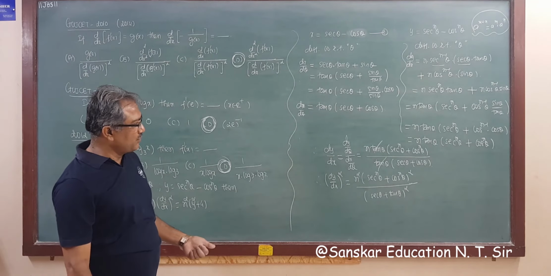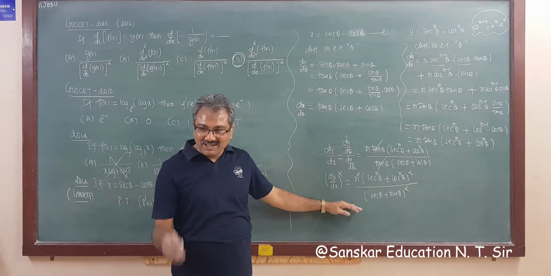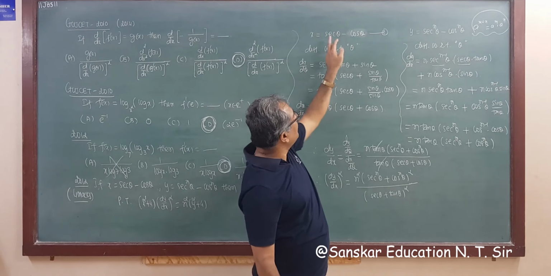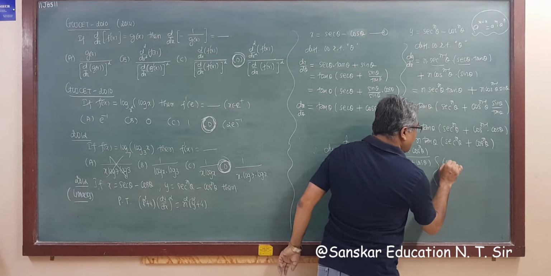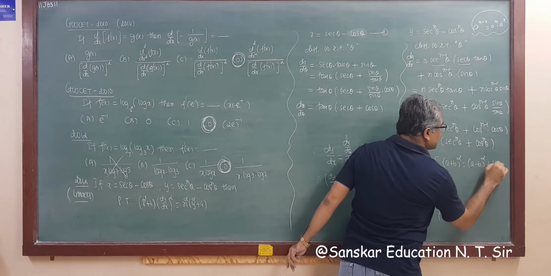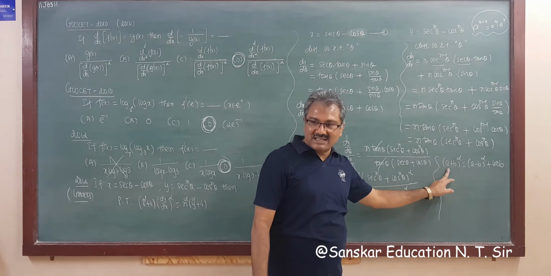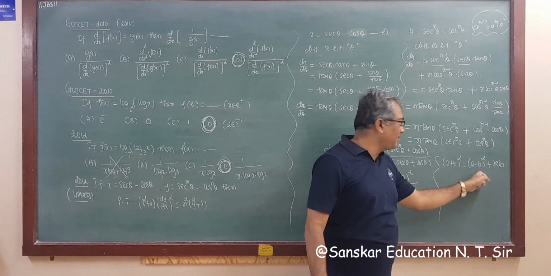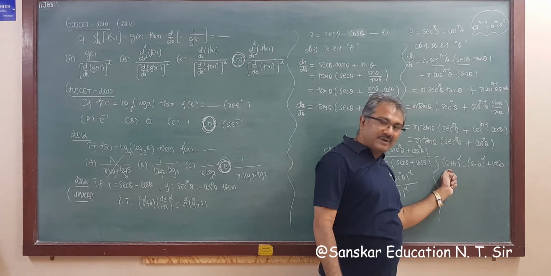As I told you earlier, if you finish the first derivative, then you have to check the previous equation from where you started to differentiate. That is this. So in equation number 1 there is sec theta minus cos theta, and this is sec theta plus cos theta. The formula: a plus b whole square is equal to a minus b whole square plus 4ab. Changing plus into minus gives minus 2ab, so if we add plus 4ab, then this becomes a plus b whole square.